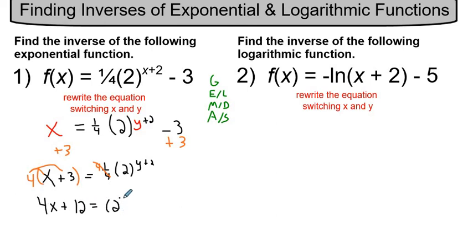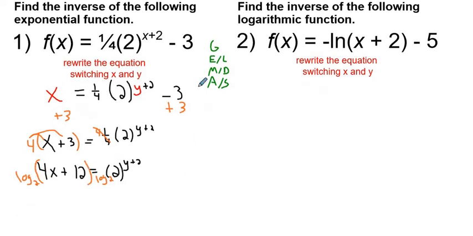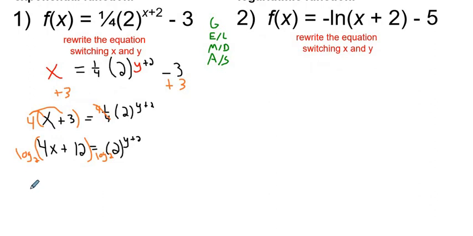All right, so we've done the first 2 steps, addition and subtraction, and multiplication and division. We're now going to use a logarithm to get rid of the exponential base. So we're going to log base 2 here. And then when we log base 2 here, we don't distribute this. We just put all of this into parentheses. All right, so we have log base 2 of 4x plus 12